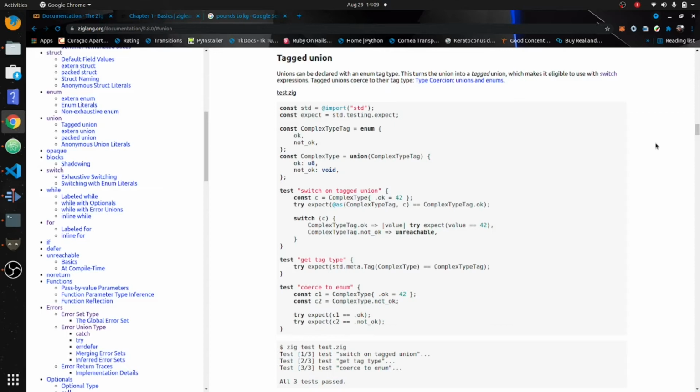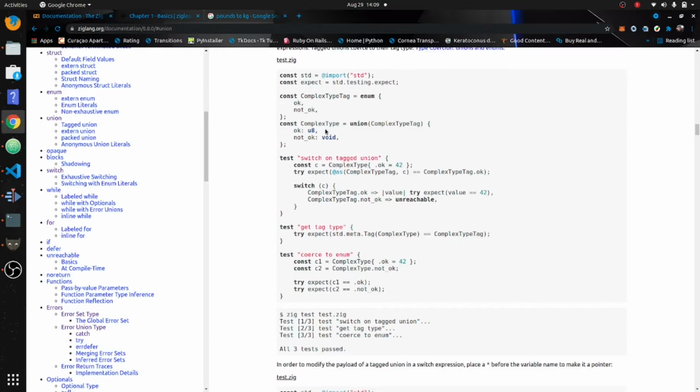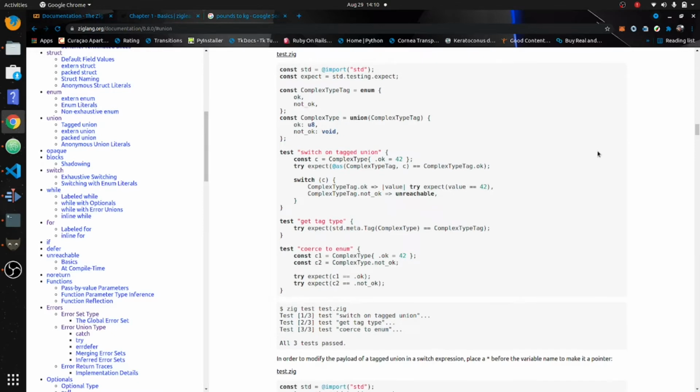And they also got what's called a tagged union, where you can create an enum where you basically declare kind of like types in there, and then base your union off of that. Like you see, ok is going to be U8, and you can make a number for that. And not ok will be void. And you can see that you can declare that the ok variable is 42, which is the U8 here. And even more cool about this,